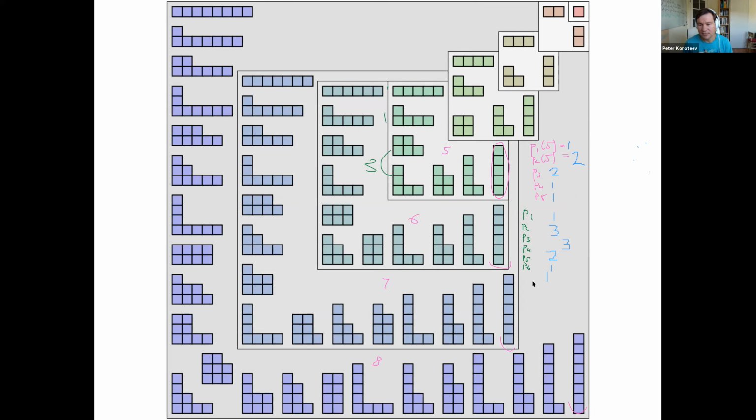Okay, maybe let's do 7 together, and then I have a table on the next screen. So just make sure that everybody is on the same page. Okay, let's do that for the 7. There should be 7 of them, right? So